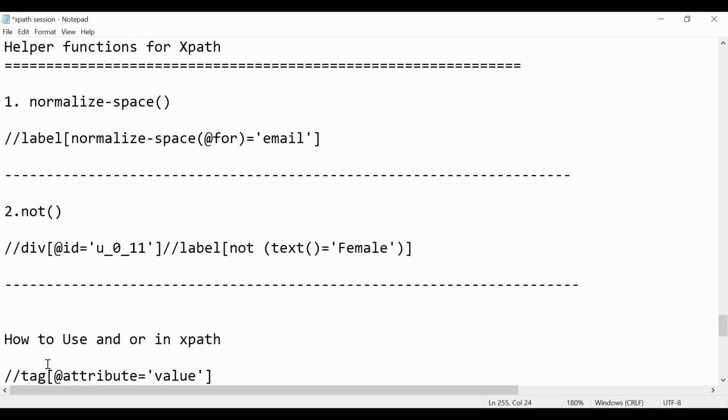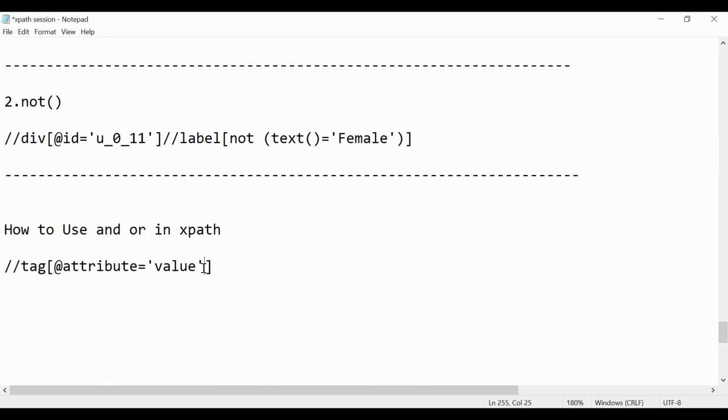Okay, so this is one condition. And also you can use a space and provide another condition here, for example a combination of attribute and text equal to some value. So here we are saying find a tag with this attribute value and text is equal to this.